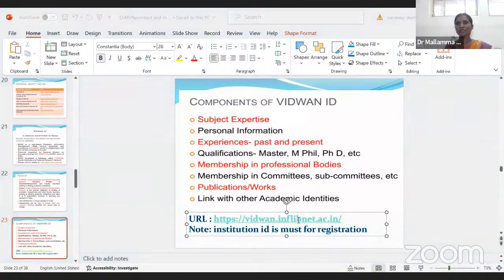It's not shared, I think. Okay, so I will do a new share. Yeah, is it visible to all of you? Am I audible? Yes, madam. Whether the URL is visible to you? Yes, madam.